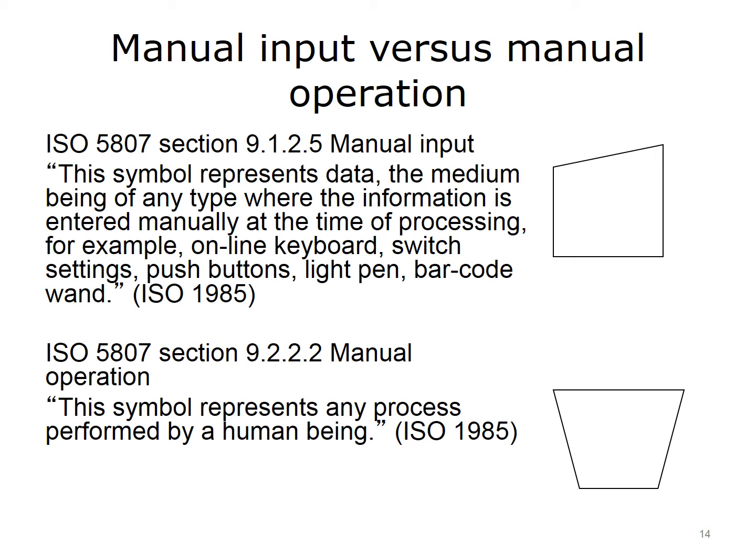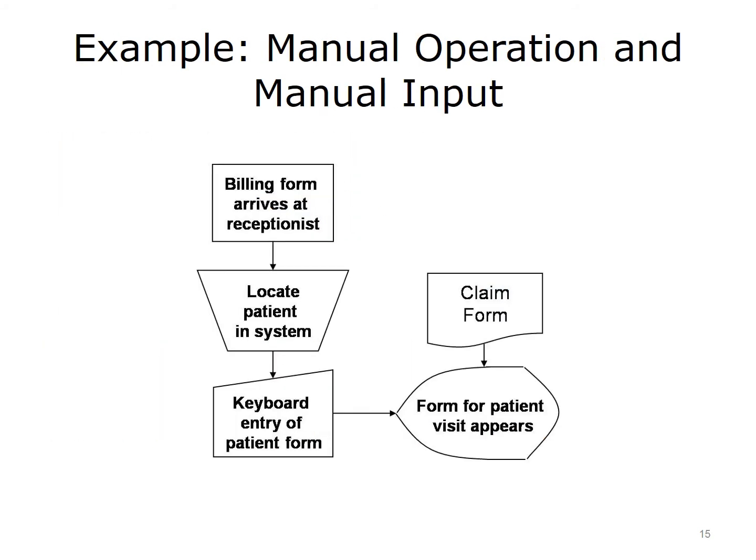According to ISO 5807, Section 9222, the symbol for a manual operation is an isosceles trapezoid, a quadrilateral with two parallel sides, and the sides that aren't parallel are equal in length, and both angles coming from a parallel side are equal. This symbol represents any process performed by a human being. ISO 1985. In this example, the manual operation of receiving the forms and manual input of keyboard entry of data